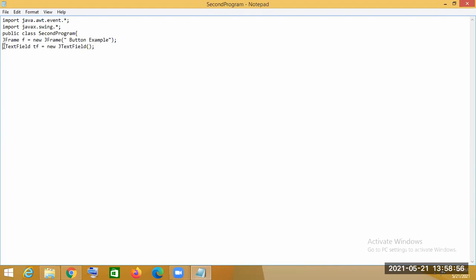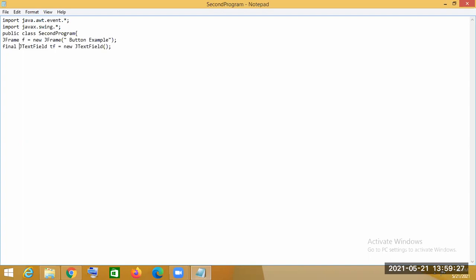And here we use the final keyword. Now, what is the final keyword used for? Final keyword means this cannot be changed. If the final keyword is used in front of any variable, that means this variable's value cannot be changed. Same as that, if the final keyword is used in front of a class, that means this class cannot be inherited.